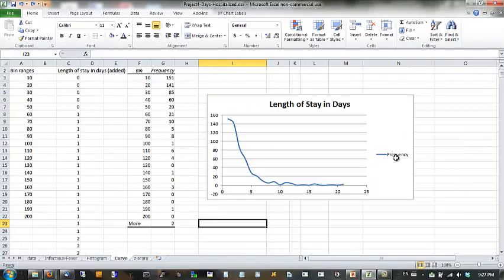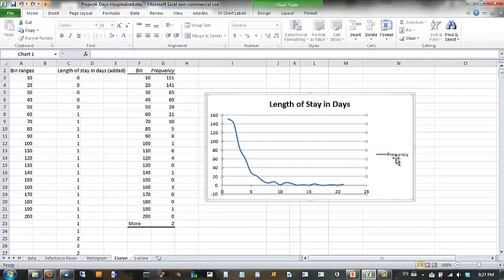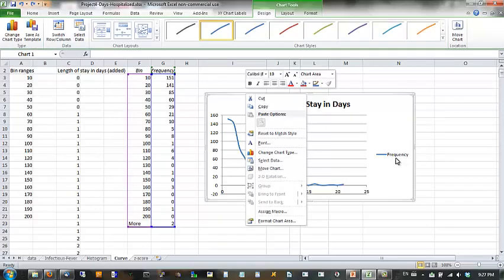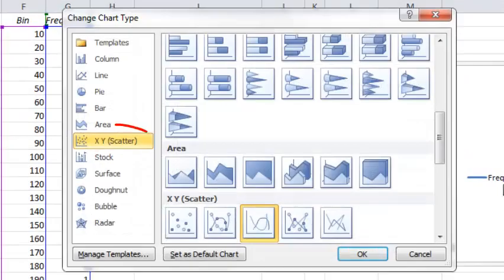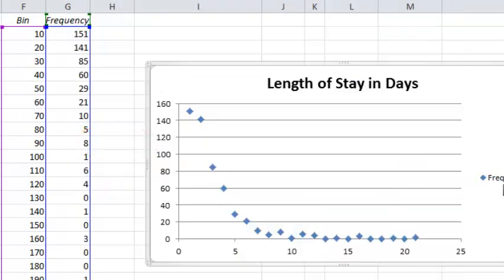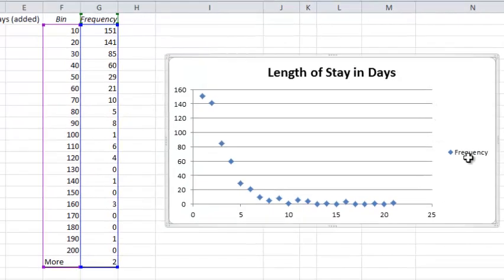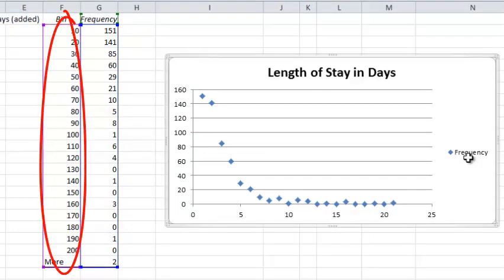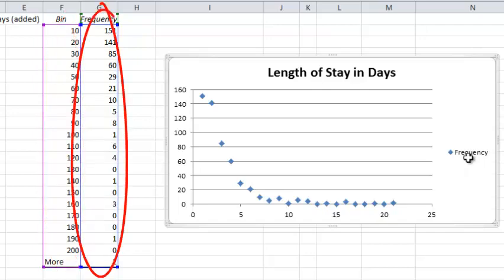One of the things that you can do as well is calculate and create a graph that gives you a kind of curve. Now this is an approximation of what a normal curve would look like. I made a chart that is a scatter point chart. So here we have a number of data points, and for each bin, the 10 to 20, the 20 to 30, and so forth, for the number of days, I have a frequency count for the number of patients who stayed for that number of days,